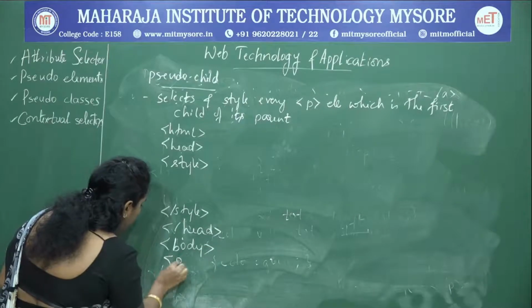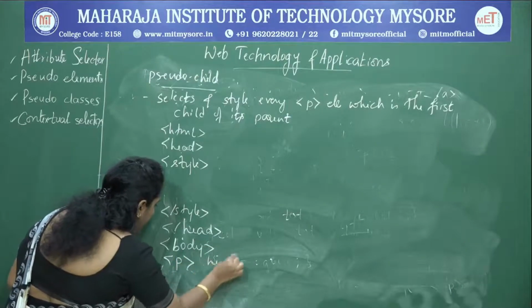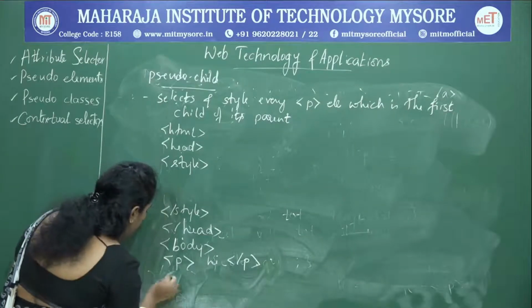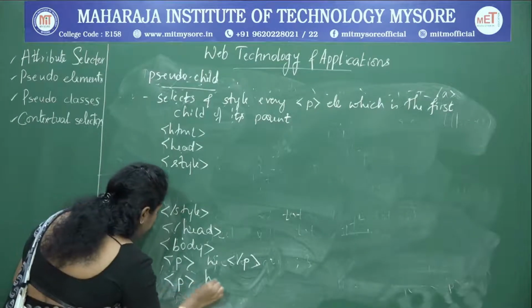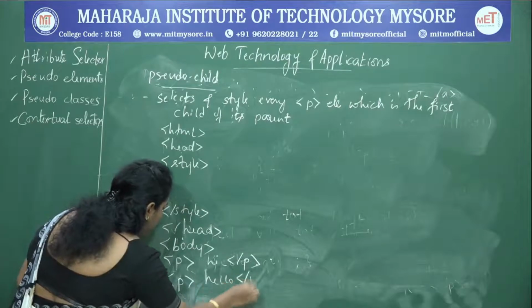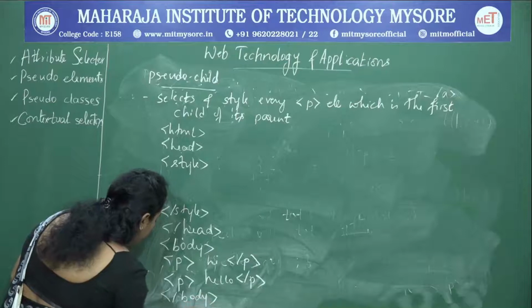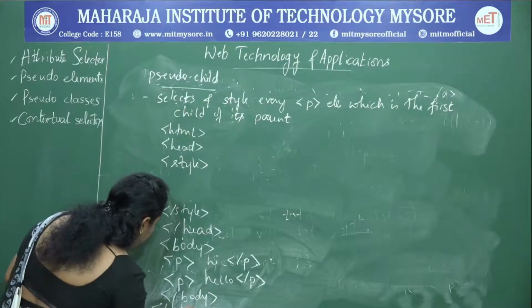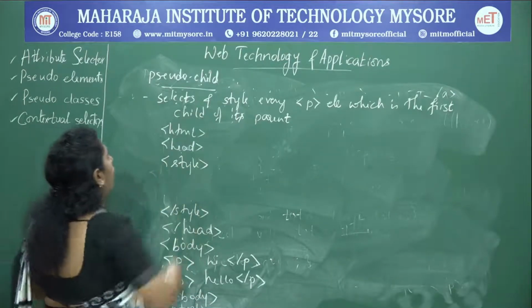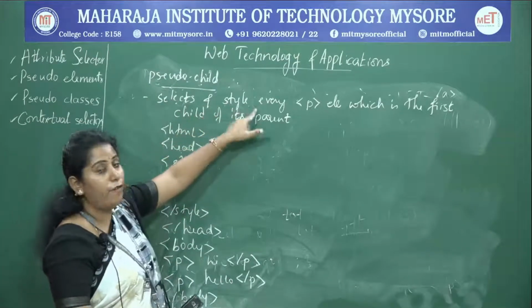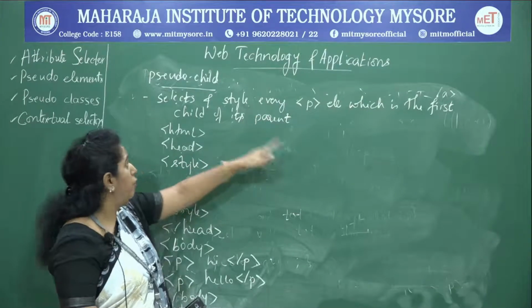I am going to use P, hi, then P, hello, close body, close HTML. So how does it work for selects and styles every P element which is the first